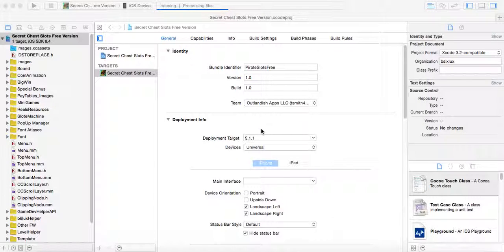This is a video for Secret Chest Slots, the app template. We do have a full PDF documentation in written form. We're just doing this to give you a little more perspective, let you see quickly where and what you have to change, and we will be doing some smaller videos on how to speed up the process,